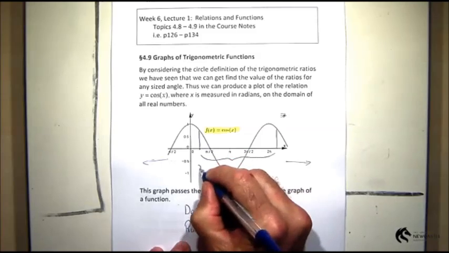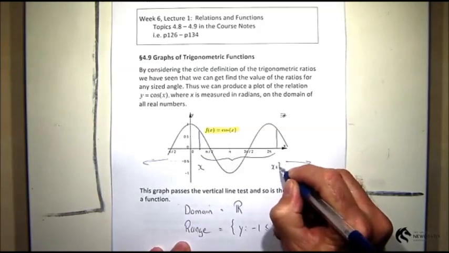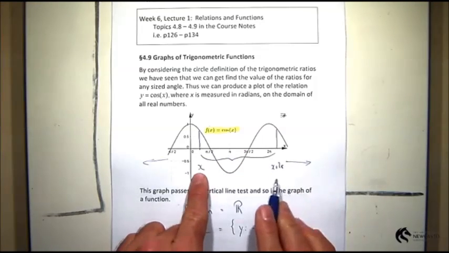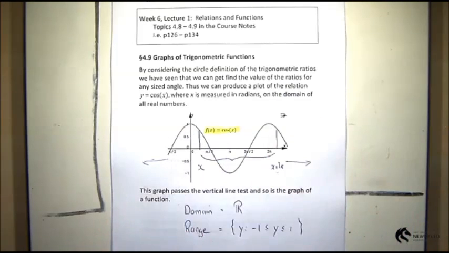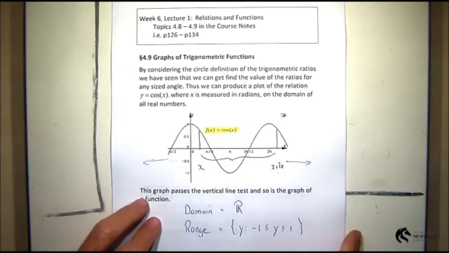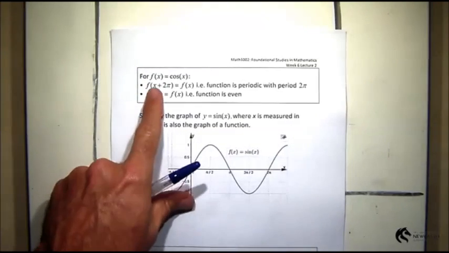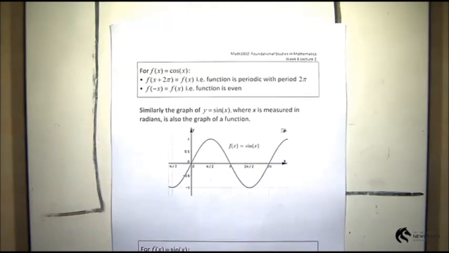So if I choose x and x plus 2 pi, the function value should be the same at x as it is at x plus 2 pi. Just because this graph repeats, and that graph repeats because we're just going round and round and round the circle. So, over the page here, it says, for this particular function,